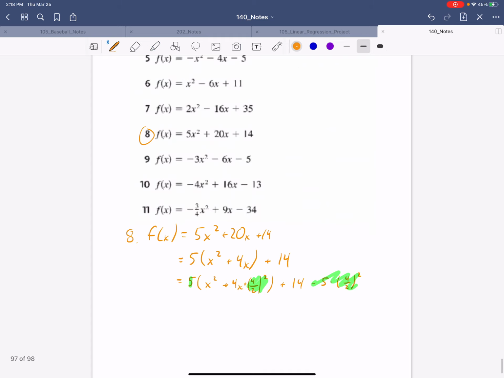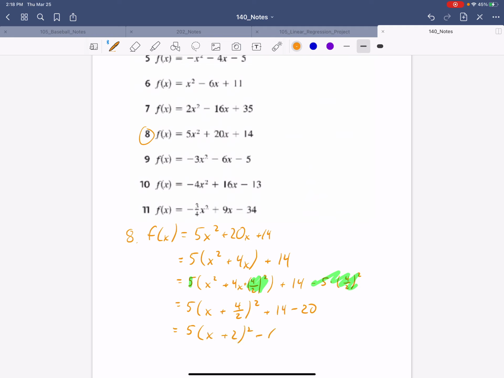Right. Now you might be saying, well, this is just plus 2 squared, it's plus 4, right? This value right here is just plus 4. Yes, and you can change it to plus 4, but I just want to point out that you can keep this as, let's say, 4 over 2, and that factors accordingly. Okay, so that's the benefit of not squaring out the term that you added. This I will simplify to minus 20, right? And then maybe we can simplify this whole thing a little bit more to 5 times x plus 2 quantity